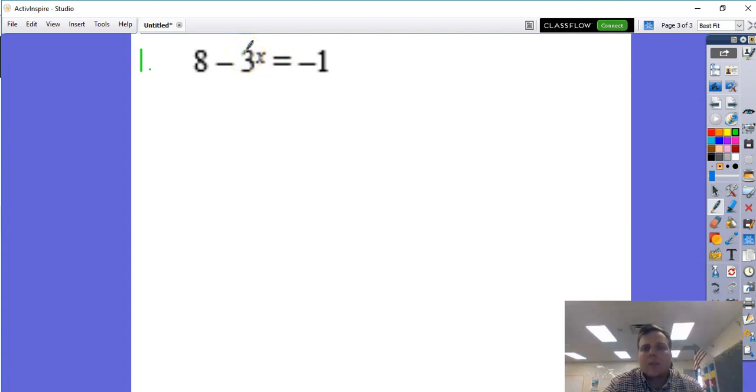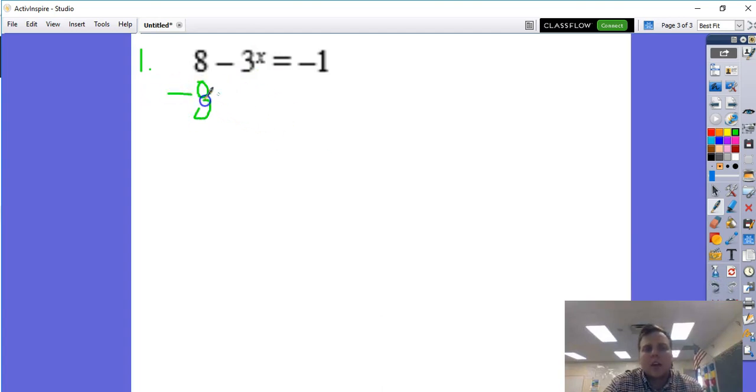X is currently the exponential position. So that means we need to get this base 3 to the x by itself. We need to get this part right here by itself, and then we're going to switch to a logarithmic function. So in order to get the 3 raised to the x by itself, I'm going to start off by